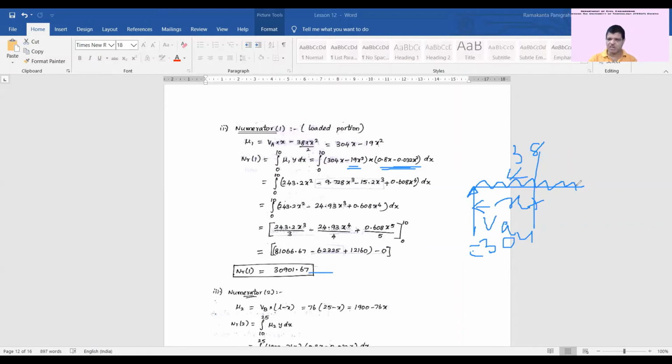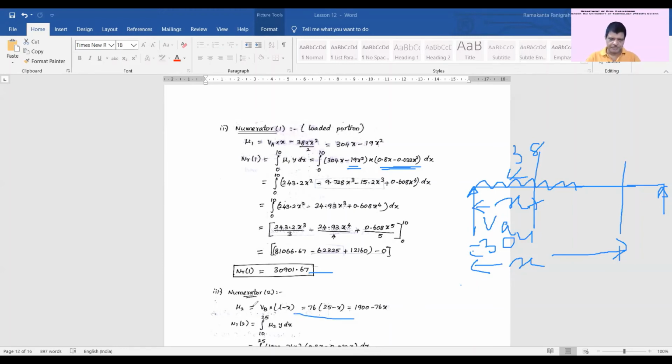Similarly, it will cross this value. Now it will take a section at a distance beyond this, equal to x. Now what is your bending moment at distance x? This will be VA. Either you can take from the VA side, or you can take from the VB side. Here he has taken the VB side. So VB it will take from this side. You can find this equation either side and do the integrations.